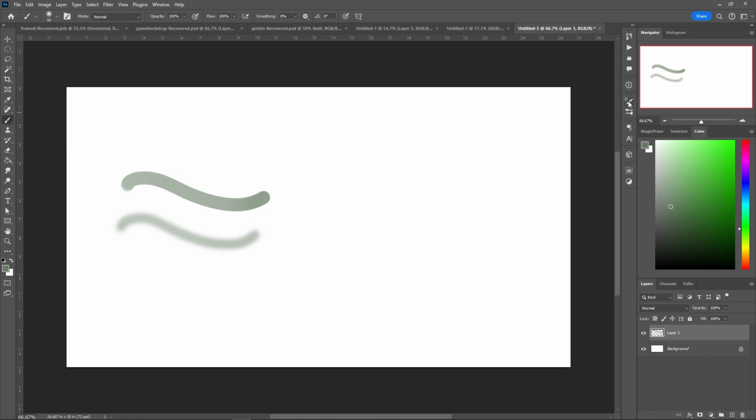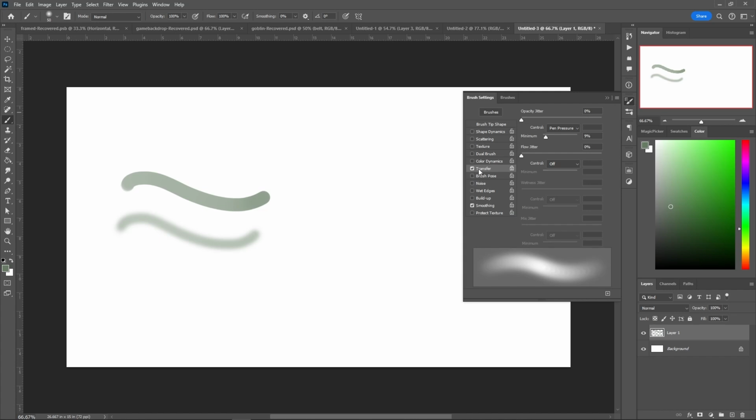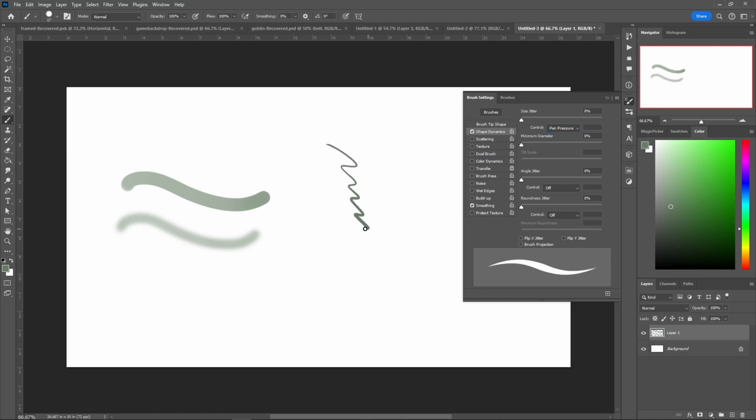For the most part, the 2 settings that I use are transfer with pen pressure, and shape dynamics with pen pressure. These only work with digital tablets, but with shape dynamics turned on and a hard round, I can get a very ink style brush going on, simply controlling how hard and how soft I press. With the soft round,